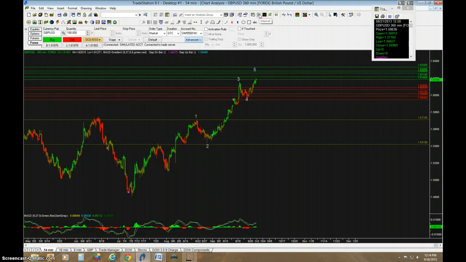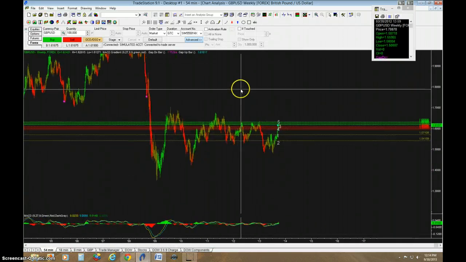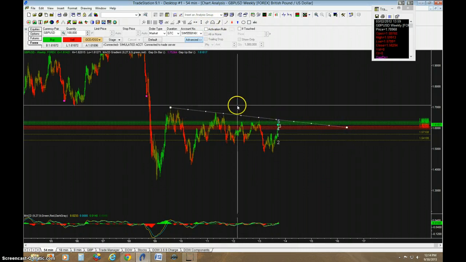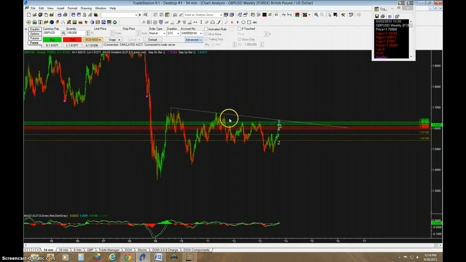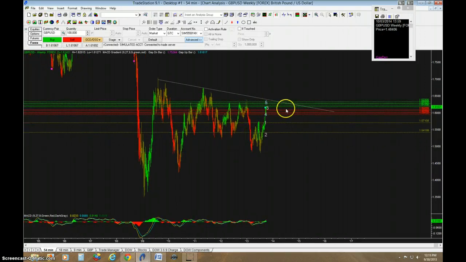And I would expect it to do so. If I go to a weekly chart, yeah, it's not very clear right there. But anyway, I would expect it to come down and then push long again and probably stay, and this is a monthly chart. And I'm sorry about those parallel lines, but it would basically either fall short of this trend line, break the trend line, and stay under what's called the C wave right here.